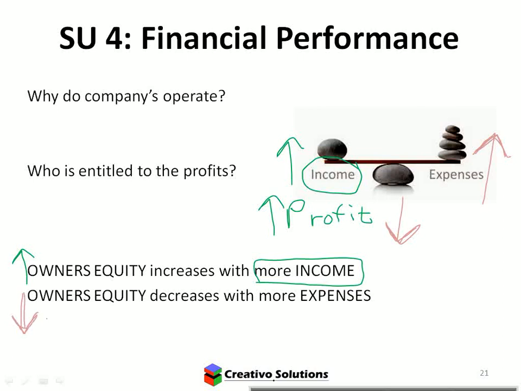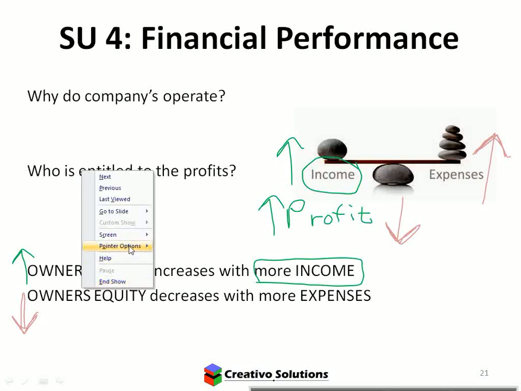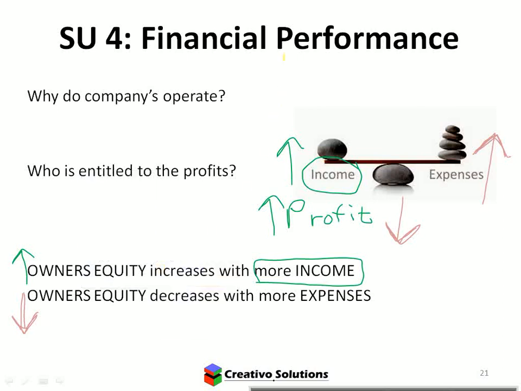We need to look at the company's performance. We need to look at the company's management of their income and their expenses. If we don't know how they're managing income and expenses, we won't know whether they're performing or not. Performance is dependent on whether they can manage their income and their expenses. So now you know the other two. So now we know 4.